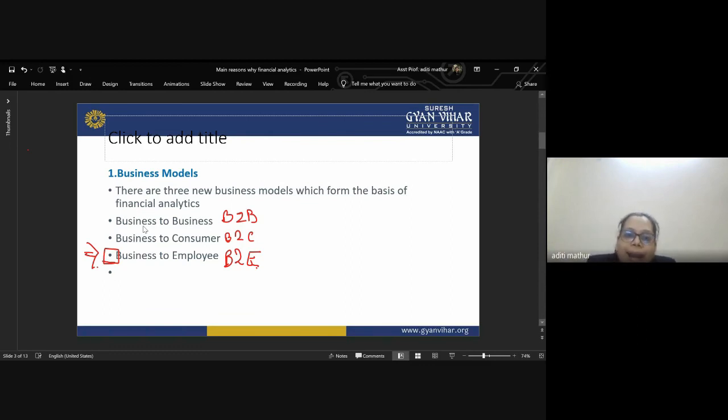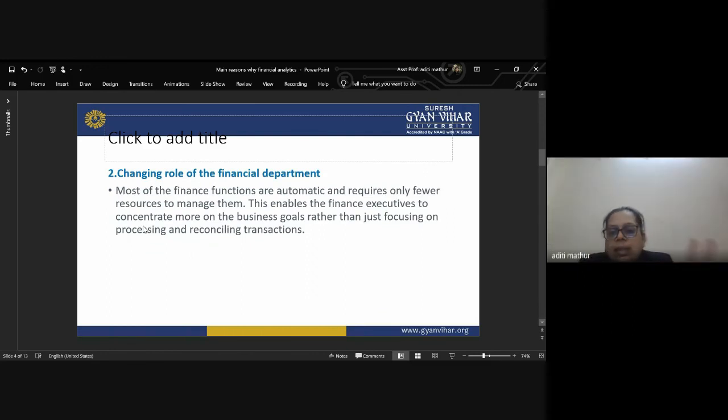तो उनका फाइनेंशियल एनालिसिस किया गया, उनके ऊपर रिसर्च की गई, उन लोगों ने अपना डेटा प्लग इन किया, फाइंड आउट किया कि कैसे हम अपने लॉसेस को ओवरकम करें, अब क्या नई स्ट्रैटेजी बनाए, उसमें कितना फाइनेंशियल खर्चा आएगा। So that's why you have your different types of business models, and based on those models, your data analytics also keep on changing. Then the second reason is changing role of financial department.